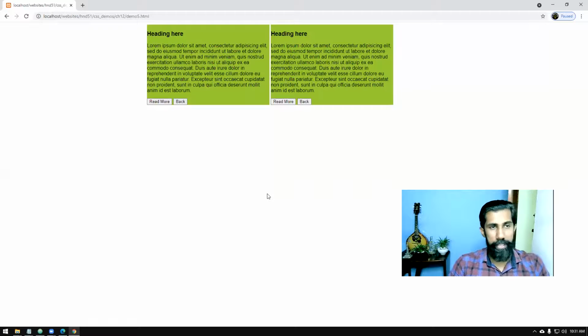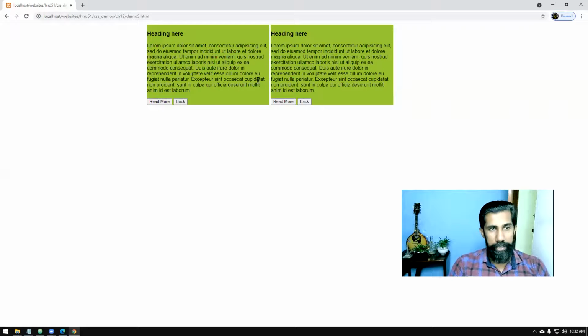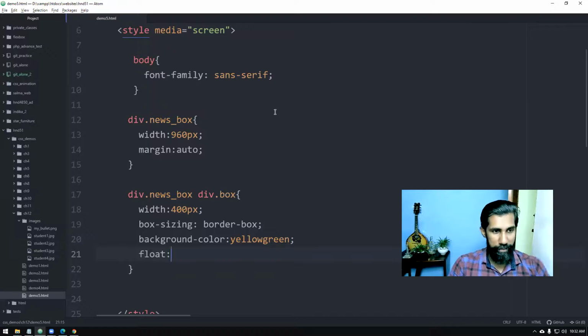When you do that, it will come and attach next to the other one. But it doesn't solve the problem of that default gap. So instead of this, we can say float. When you say float, it comes and gets attached to the component on top of it, and if there is space left, it will nicely come and attach like this.